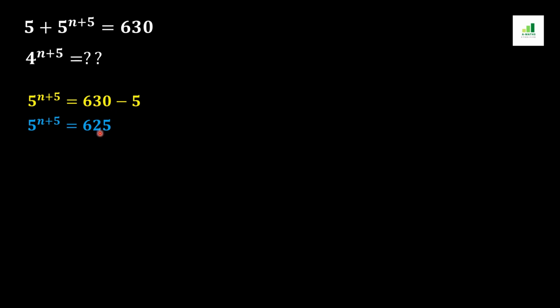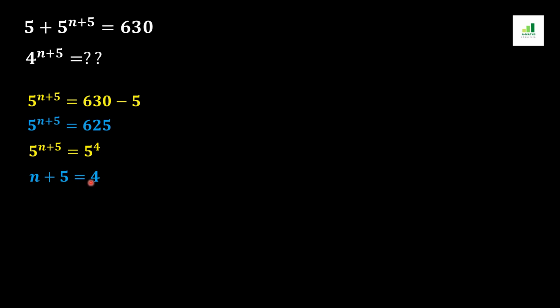equal to 625. Now, as we know, this 625 can be written as 5 to the power 4, and the left side of the equation will remain the same, which is 5^(n+5). Now, from the basic rule of algebra, if the bases are equal in magnitude, then their powers will also be equal. So here we apply the same rule, and as a result we will get n plus 5 is equal to